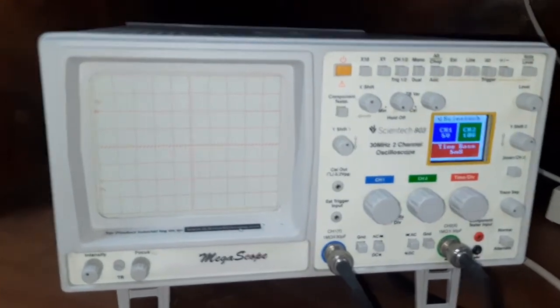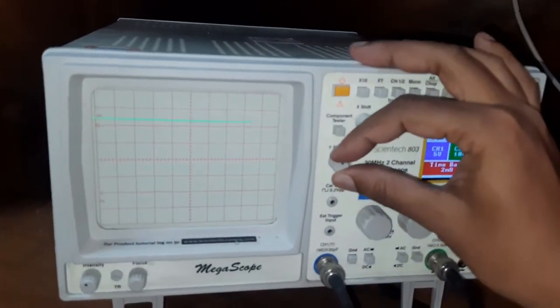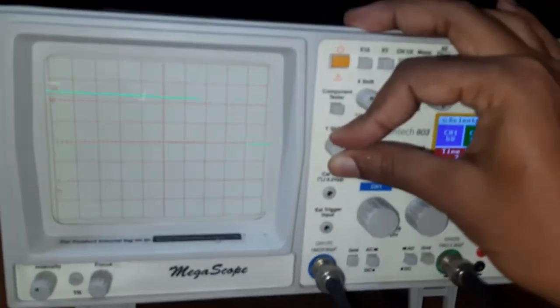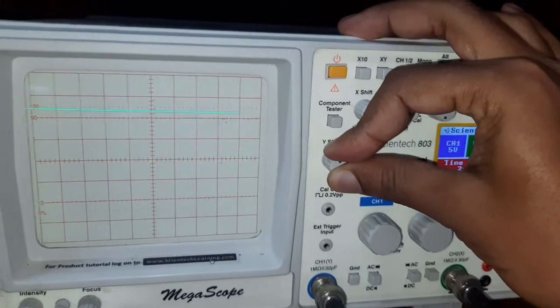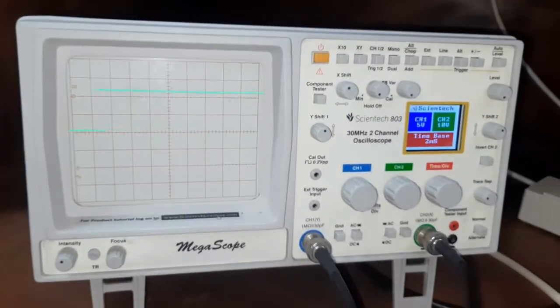So we have the CRO. First you ground, and then set your controls. So this is done.